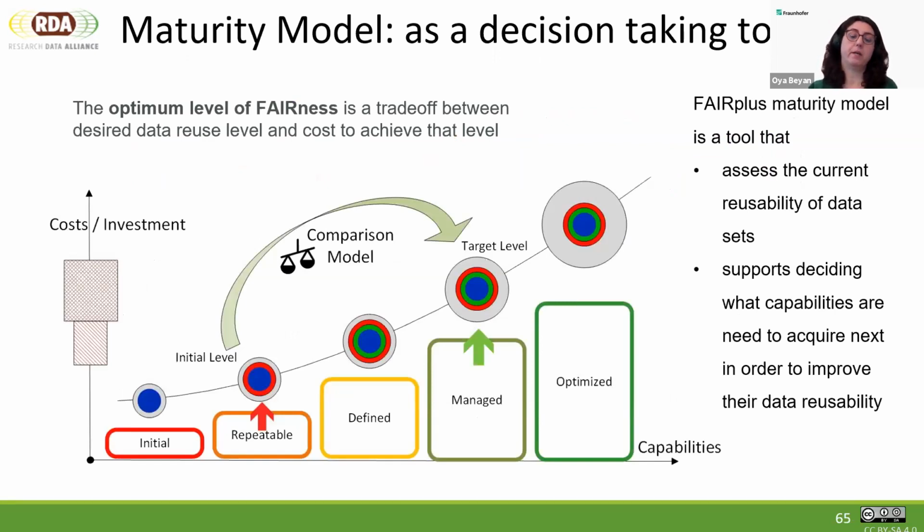What the FAIR Plus project is looking for is an assessment tool for comparing the benefits and costs of the verification. In this project, we do not always target the highest levels of fairness, but the optimum level of fairness when we look at our business goals, our domain requirements, and what capabilities need to be supported in this FAIR implementation. Next slide, please.